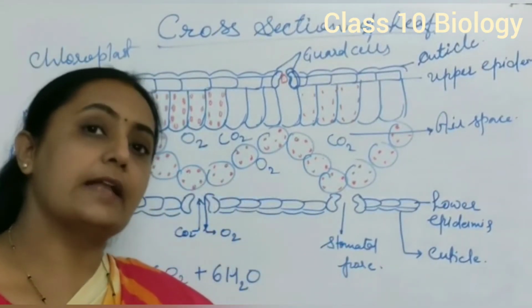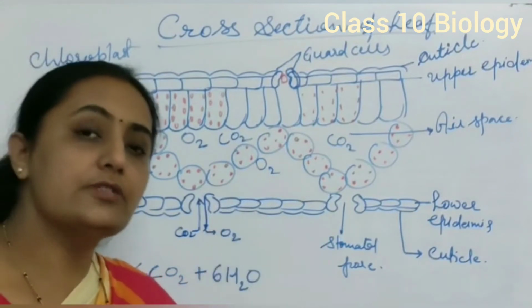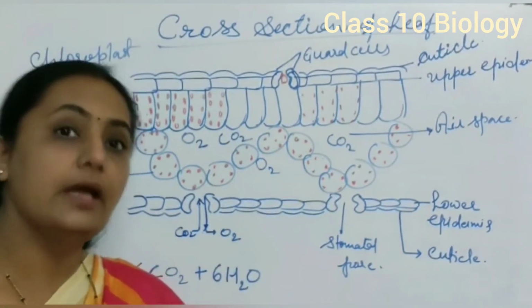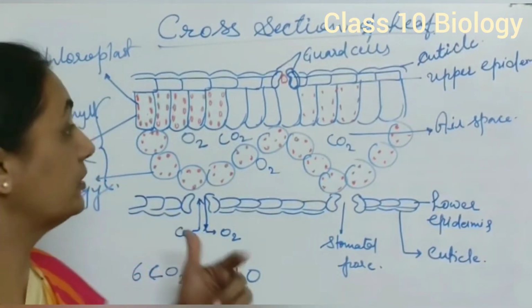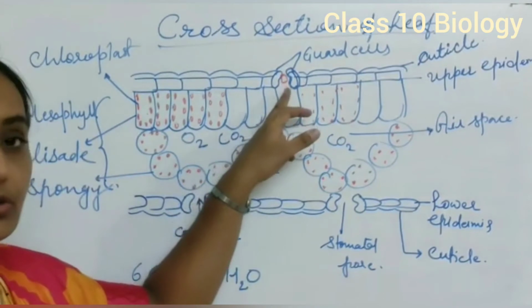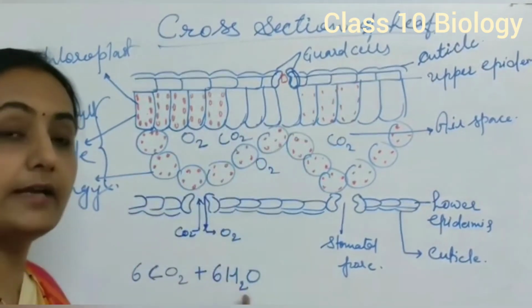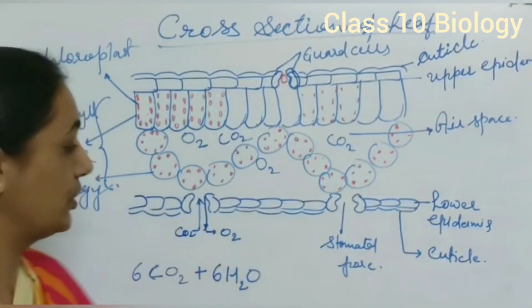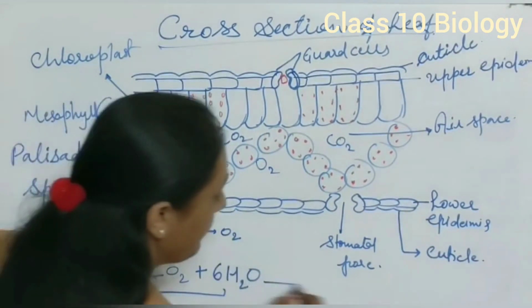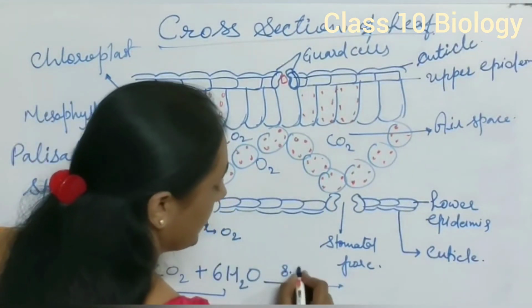From roots, the plant absorbs water, and this water moves with the help of the vascular bundle, whose basic tissue is the xylem, and through xylem this water moves up and reaches the surface of the leaf. So CO2 enters through stomata and water enters the plant through roots. These two basic raw materials or requirements are fulfilled in the presence of sunlight and chlorophyll.